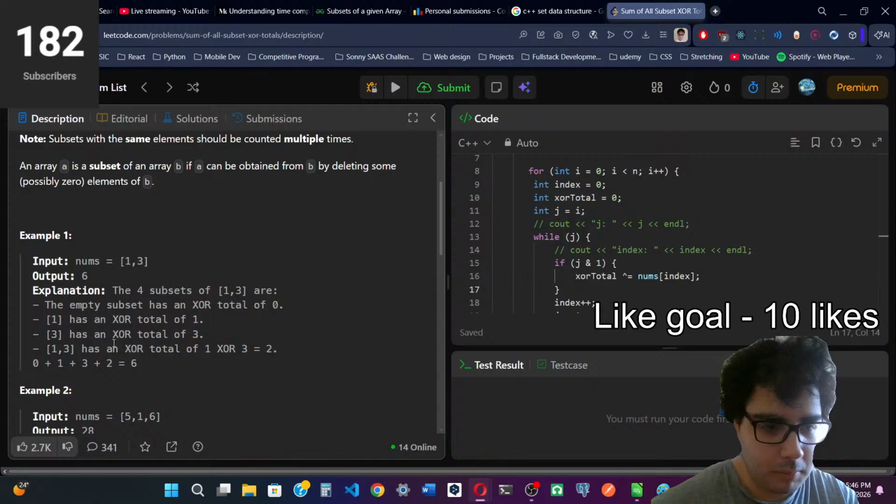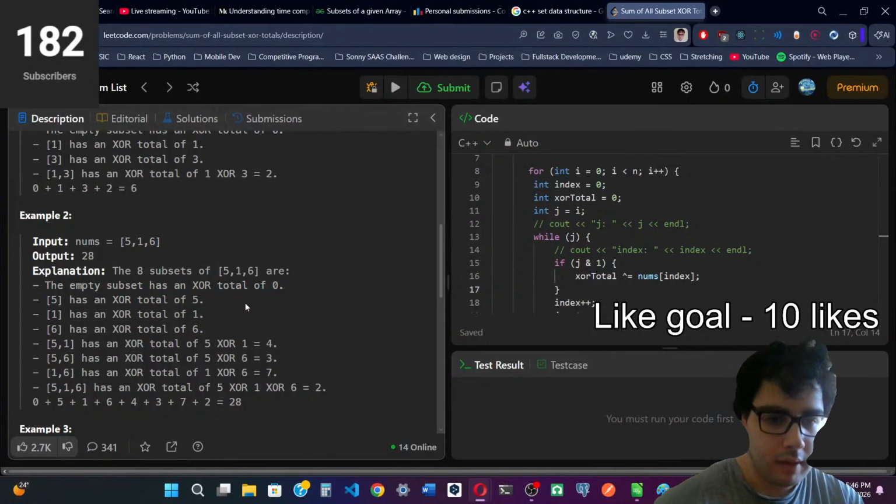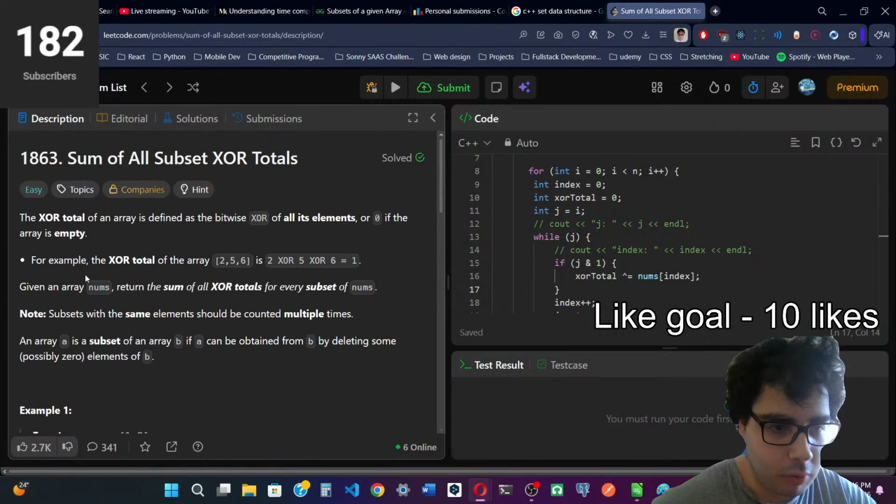Then 3 is going to be 3. 1 XOR 3 is 2. In the second test case, we can see the empty subset has a total of 0. Okay, so